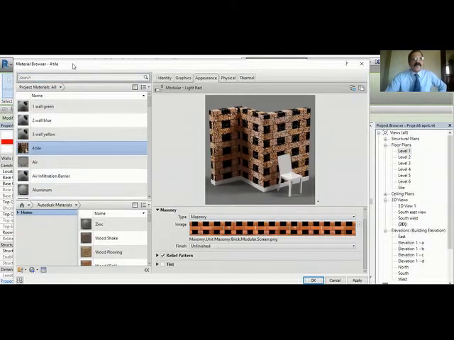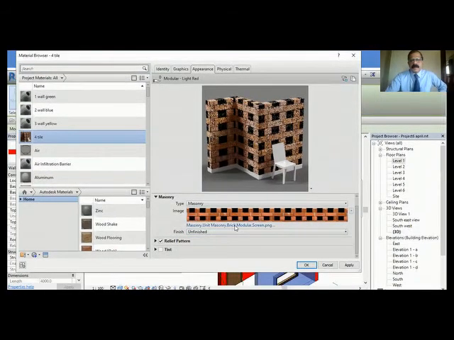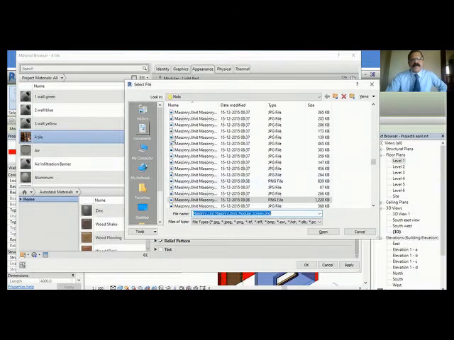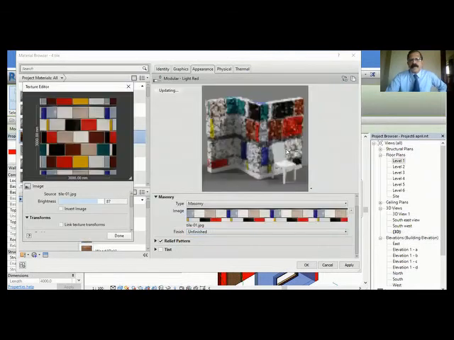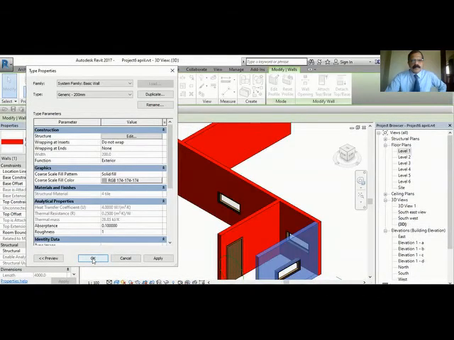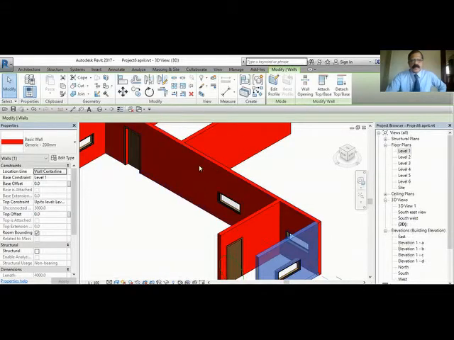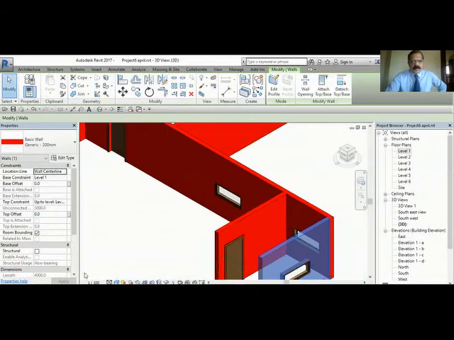And if you apply this one, you can apply that. Or I will come back to our own material, desktop, tile. Okay, apply. You can't see this because it is in shade mode; you have to change it to realistic.